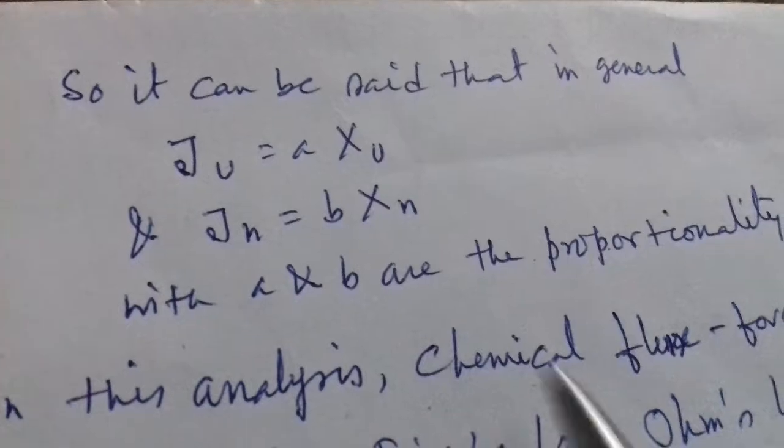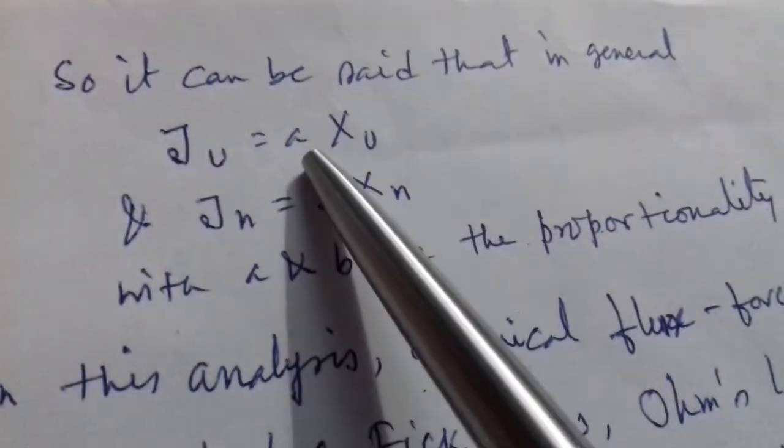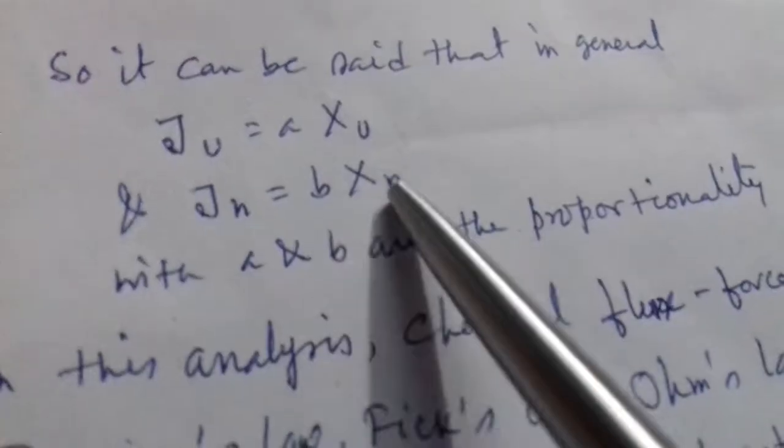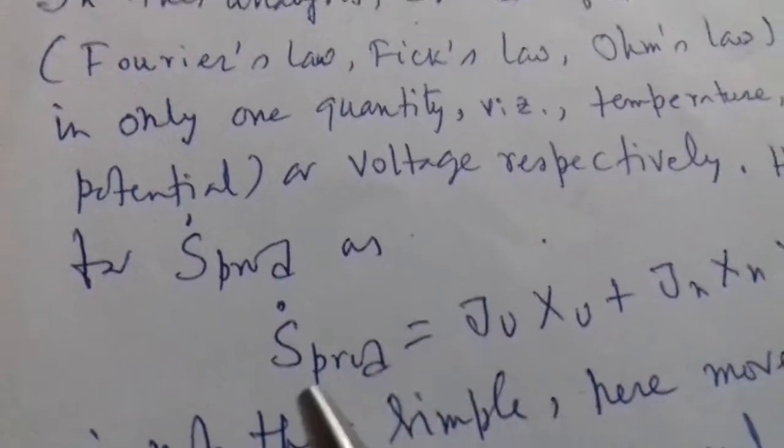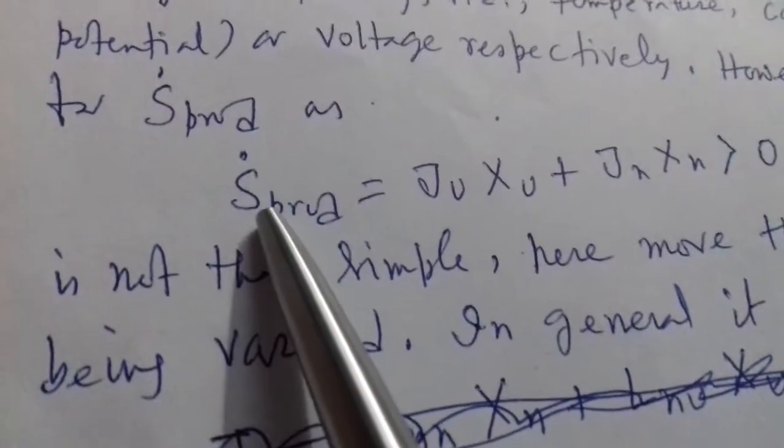So it can be said that in general Ju is proportional to Xu, or Ju is A into Xu, and Jn equal to B into Xn, where A and B are the proportionality constants. In this analysis, flux force relations are used, that is Fourier's law, Fick's law, or Ohm's law, where there is a difference in only one quantity, that is either temperature or concentration or chemical potential or voltage respectively. However, in the expression for S prod dot, where S prod dot equal to Ju Xu plus Jn Xn greater than 0,